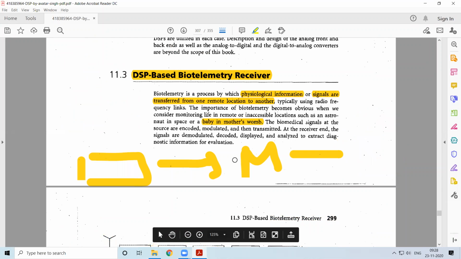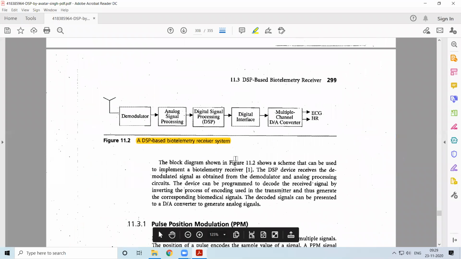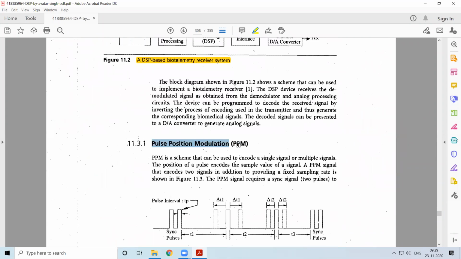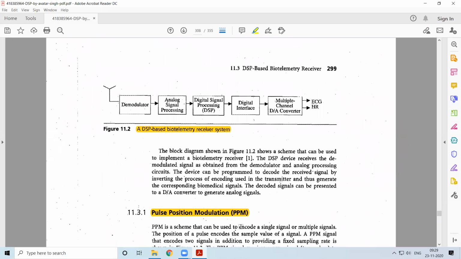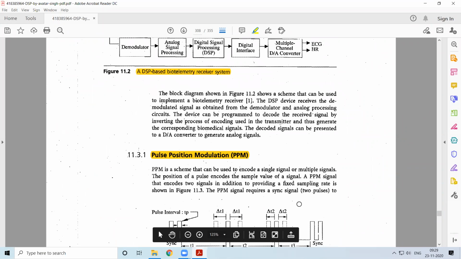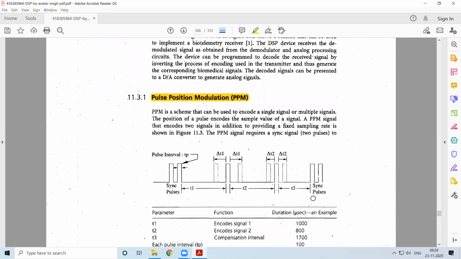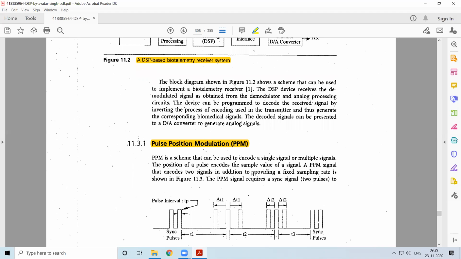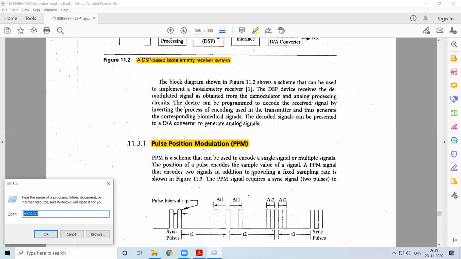In this case, we can do encoding using one technique called pulse position modulation. It can also be used for pulse encoding. So what is meant by pulse position modulation is,